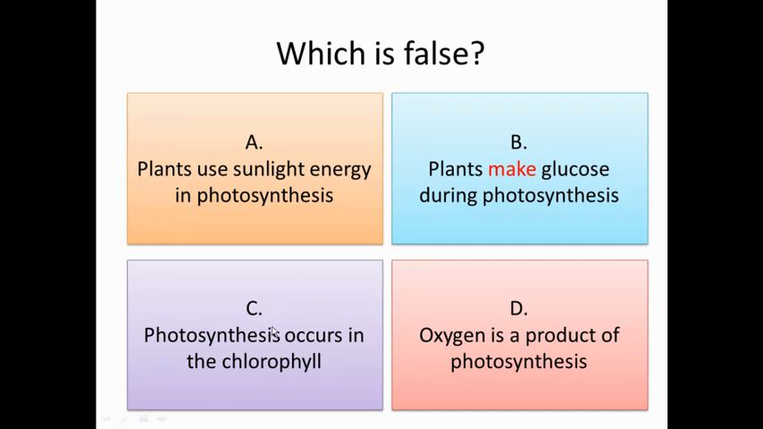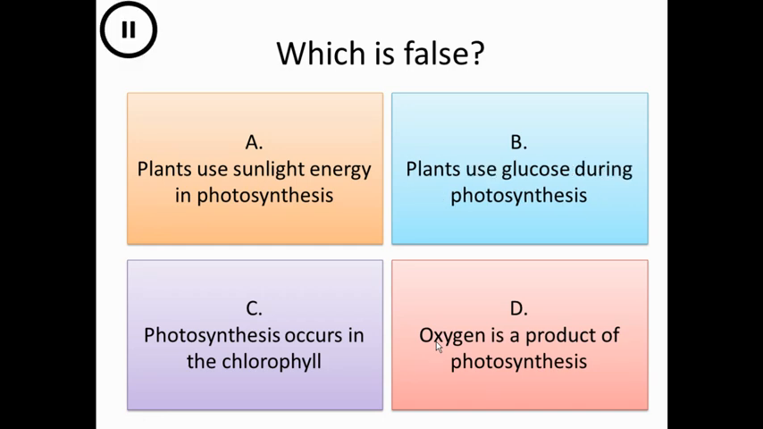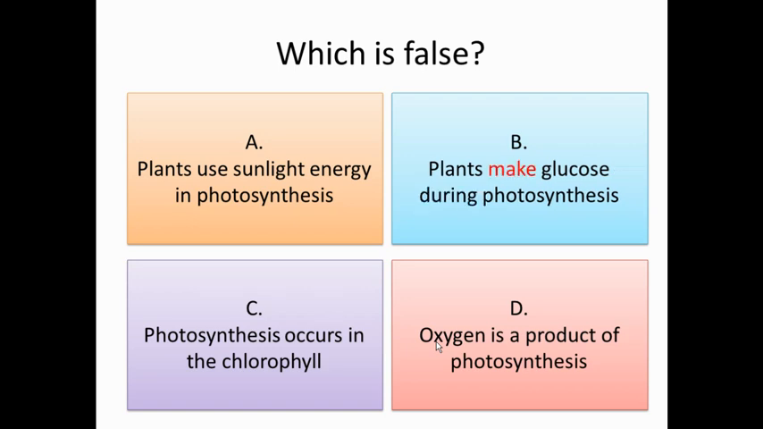Photosynthesis occurs in the chlorophyll. Yeah, that's true. Okay, that's that chemical found in the chloroplast, and that's where photosynthesis happens. Oxygen is a product of photosynthesis. Products are the things that are produced, the things that are made, and oxygen is made during this process of photosynthesis, so that's true. So our false answer was B, okay, because if we have a look at the previous slide, it says plants use glucose during photosynthesis. They don't, they make it, okay? Glucose is a product,